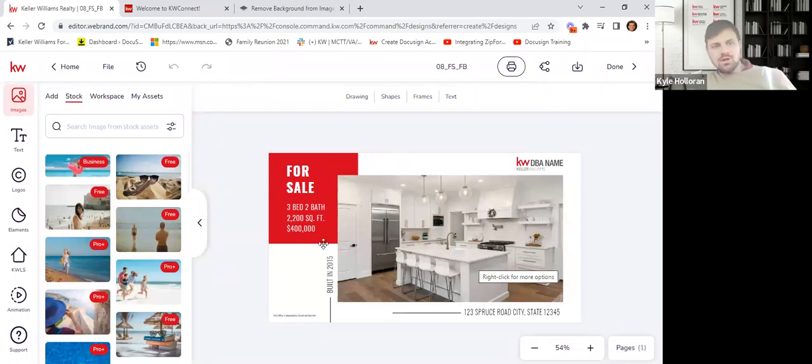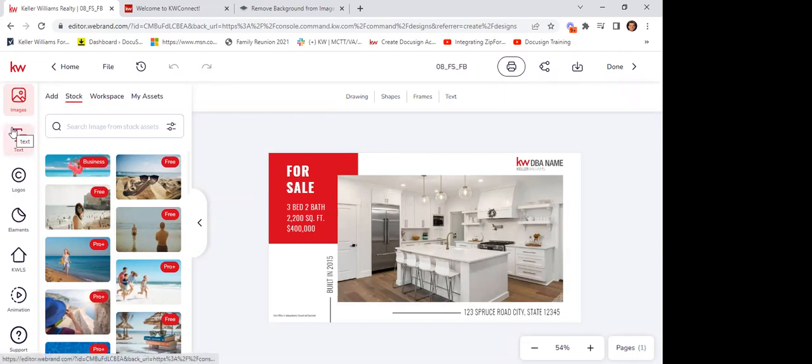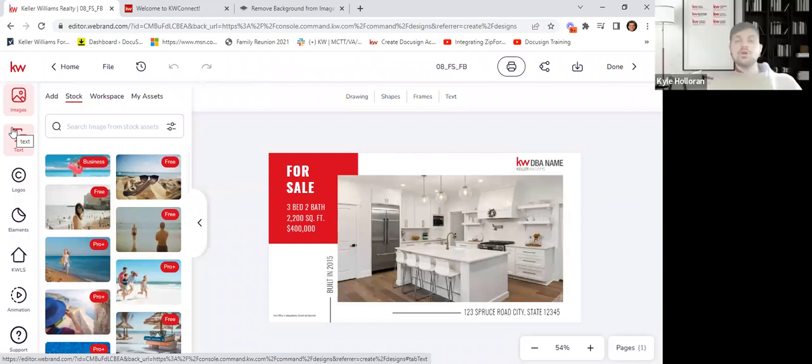All right. Before we do that, on the left-hand side over here, notice that we have images, text, logos, elements, KWLS, animation, right? A recent update. And these are all our kind of like categories for editing, similar to Canva, if you use Canva. Excuse me. Maybe brokerage information like fair housing logo and things like that, no? Yeah, great. And I'm going to show you those are actually all in here. So if you wanted to use those, they are all here. Yep. All right. So here's the first thing I'm going to do.